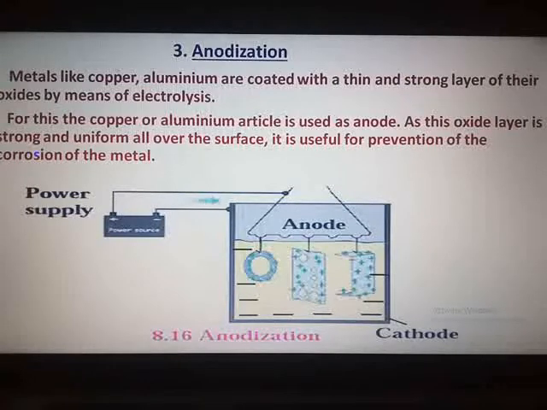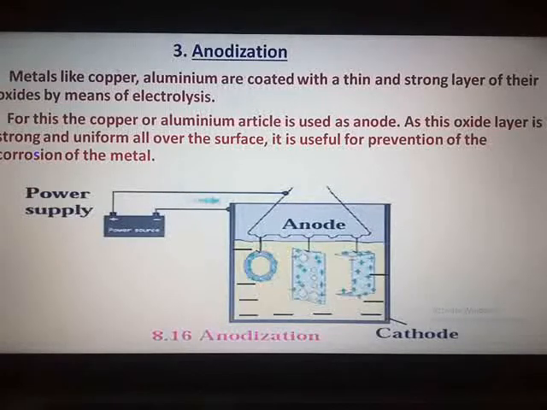You get different types of anodized pans in the market. For example, when aluminium is anodized, a thin layer of aluminium oxide is formed on its surface. It cuts the contact of the aluminium with oxygen and water, and this prevents further oxidation. This protection can be further increased by making the oxide layer thicker during anodization. You get different types of anodized utensils in the market which are costly.